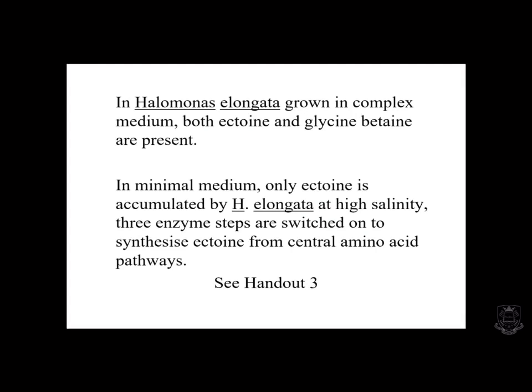And so you can work out the amounts of these compatible solutes as they change with the different conditions in the cell. And the bottom figure is simply showing you the ectoine pathway. So you take aspartate beta-semialdehyde, which is heading towards aspartic acid. So the diaminobutyrate acetyltransferase takes it out of the common pathways, produces this diaminobutyrate, and then N-acetyl diaminobutyrate, and then the cycle is complete.